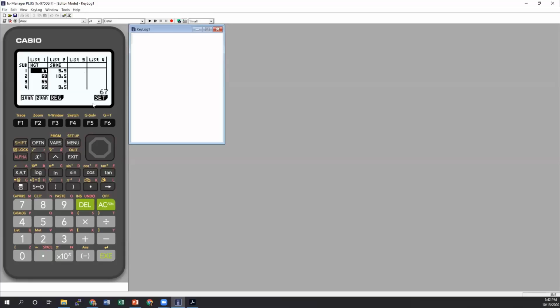If you take a look above F6, it says the word set. This is just to double check, in case I switched the order, typed it in differently, or wanted to look at a different list. My 1 variable X list is list 1 and my frequency is 1. Then we can take a look at our 2 variable options, list 1, list 2. If we needed to change it, we could press F1 and then type in the number for it.